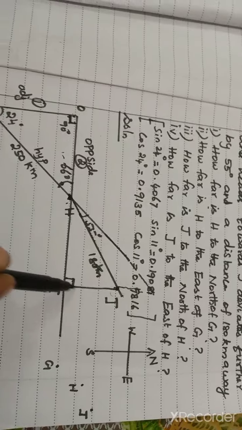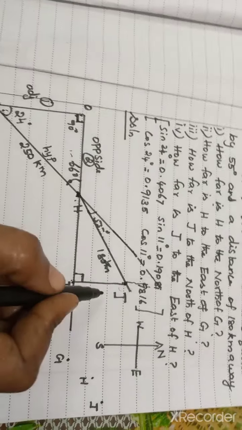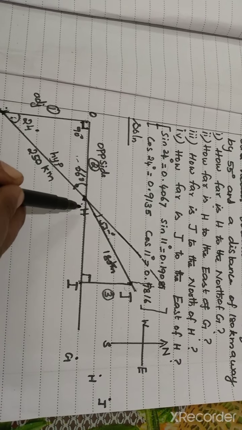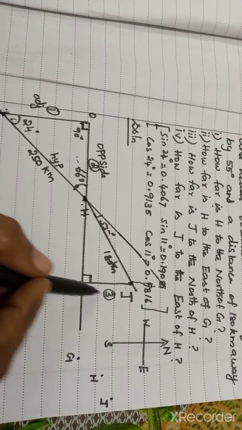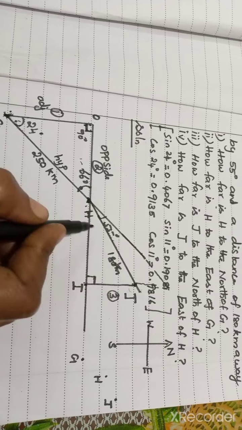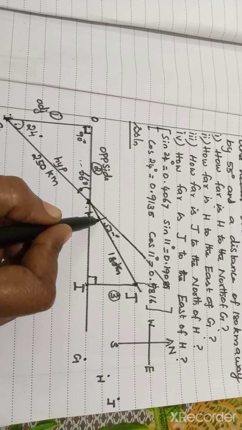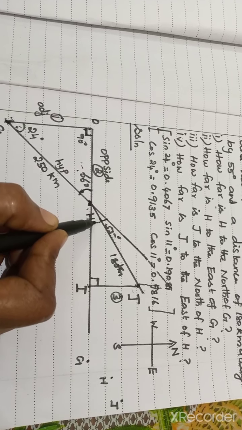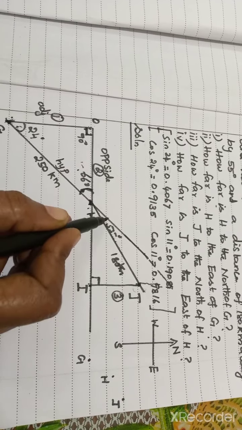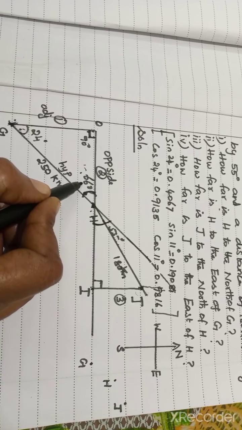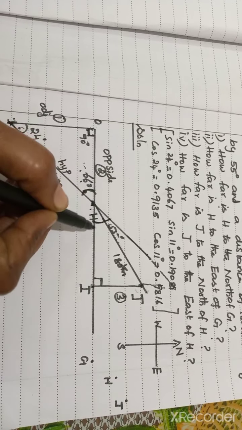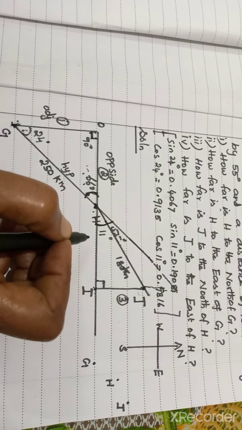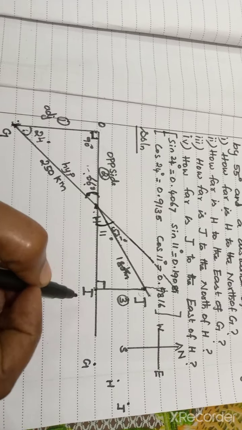Third subdivision is how far is J to the north of H. Okay, north means this direction. So IJ we have to find out. Third subdivision, IJ we have to find out. So for that we have to use the right triangle HIJ. For that we need this angle. Okay, this angle is not given, we don't know. Here actually this angle is 66. These both we can say vertically opposite angles. Vertically opposite angles are always equal. So it is 66. Already this much is 55 we got, so this much will be 11. Total 66. So it is 11 degrees.